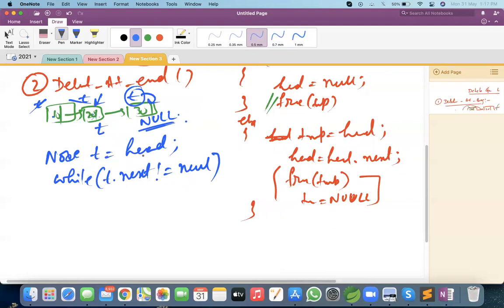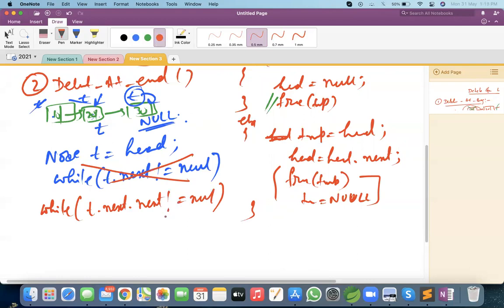So instead of this code, we will check while t.next.next not equal to null. Now see the same one. t is here. t.next.next not equal to null? Yes. Then what will we do? t equal to t.next. Okay, so now t will come here.